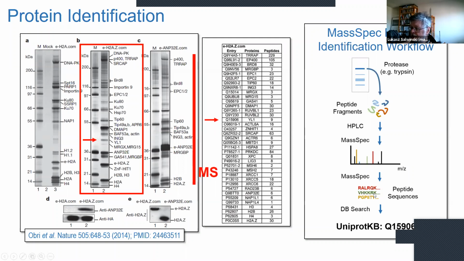So out of the mass spec experiment, you're gonna end up with a list of peptide sequences that were present after digesting this particular band with some sort of a protease, and then those peptides are used to search a database listing all the proteins in a given organism to find out what the protein is. The authors here came out with the identifier Q15906, and they claim this is a protein called YL1. If we go there,